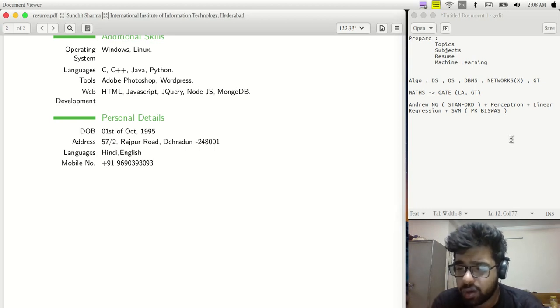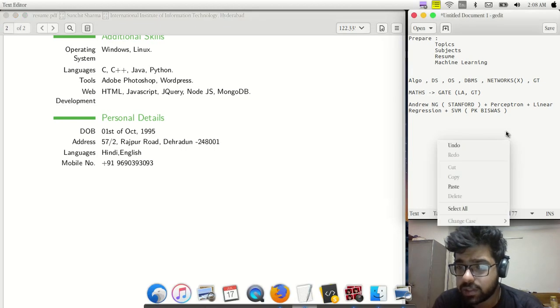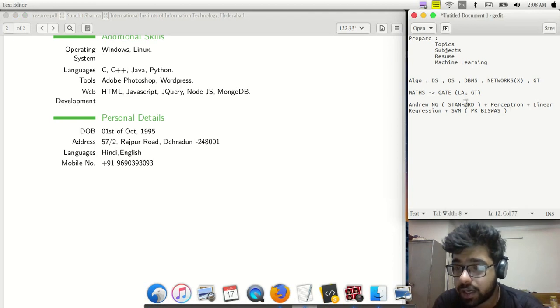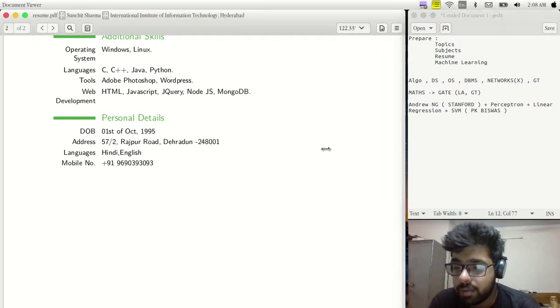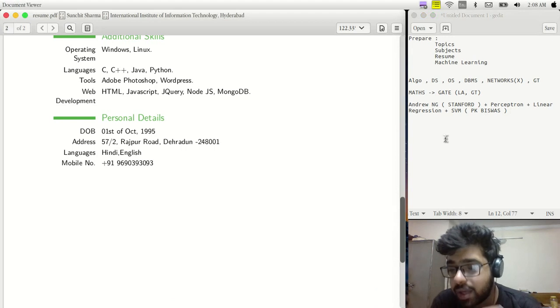I would say that neural networks, if you mention them in the resume, Andrew NG will help you with that, and there'll be some other lectures which might help too. But if you go to advanced concepts in neural networks, let's say convolutional neural networks and other types of neural networks, really study them, and do a little bit of the maths behind them, because they'll ask you why a particular technique was used.